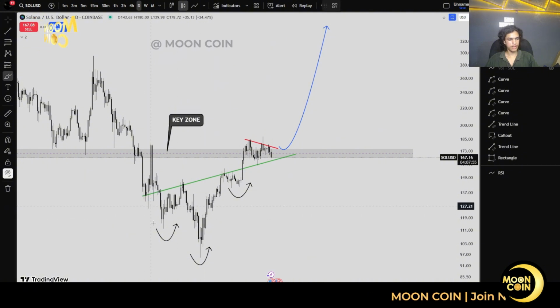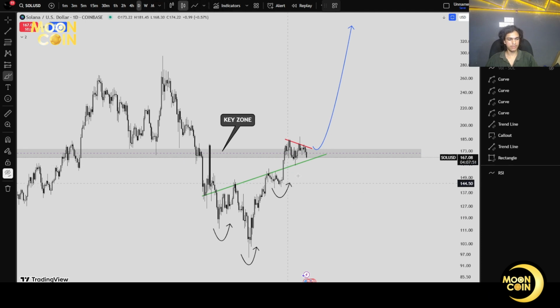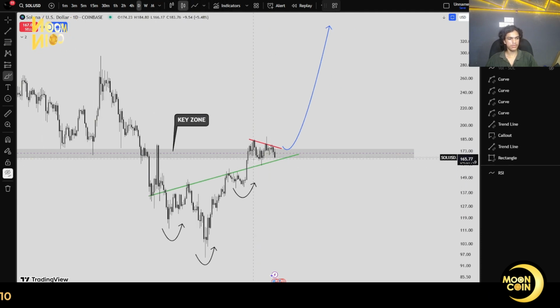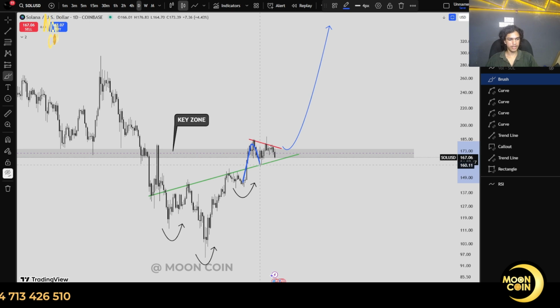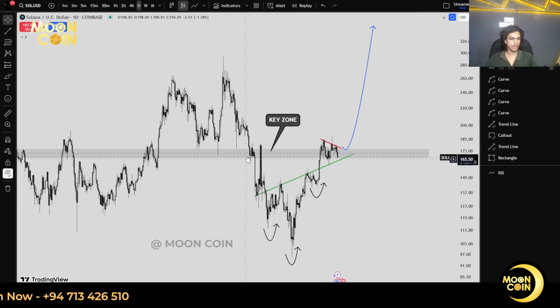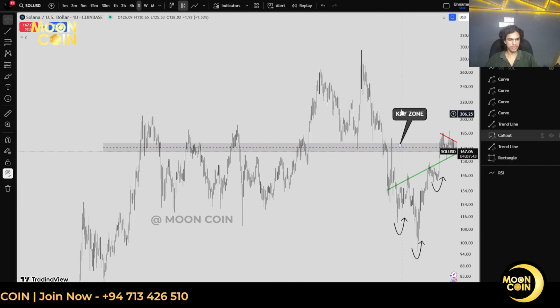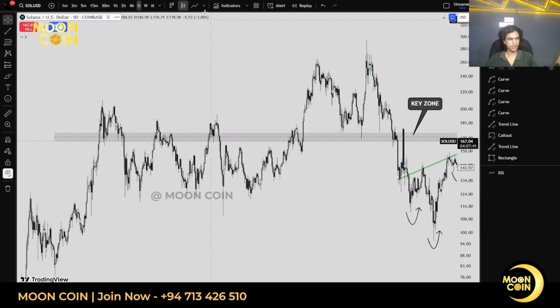Here you see that we have this inverse head and shoulders, right? This is a reversal pattern for the market. Now the market broke that and made a retest as well with the wick. And I also mentioned this key zone, right? So this key zone was